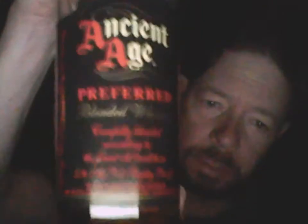We have Ancient Age preferred. Who prefers it? I don't know. Blended whiskey, bottled at Frankfort, Kentucky. That's Buffalo Trace. It's hard to read this red on black writing, but they go AA, Ancient Age,